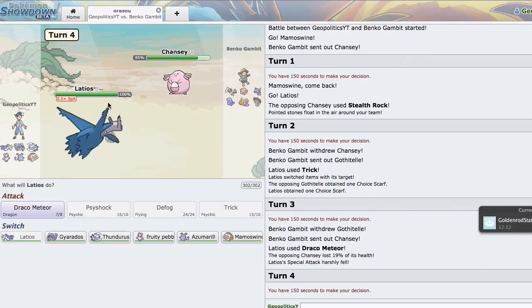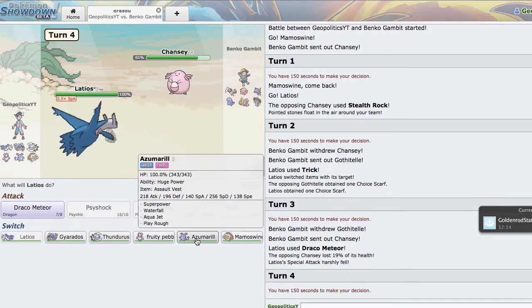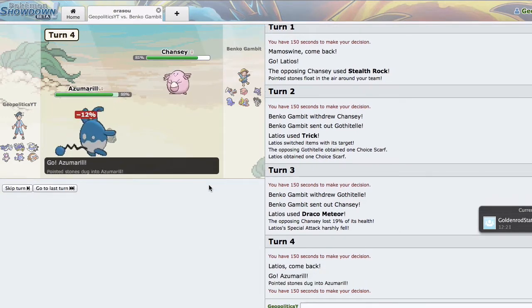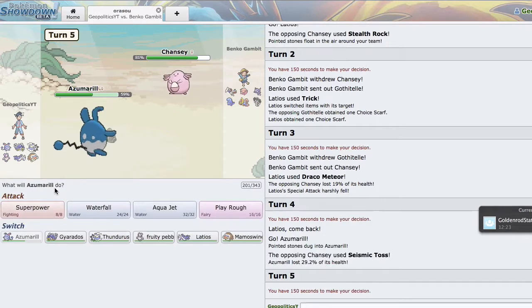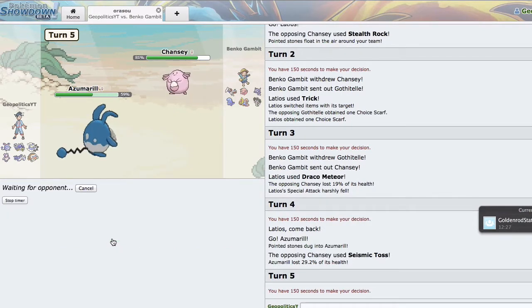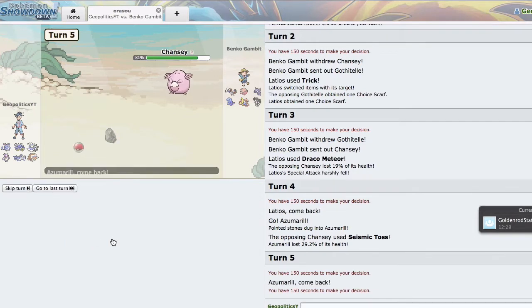So, this team doesn't match up very well against Stall, because I don't actually have Taunt somewhere on the team, which I may have to change, but I'm going to go out into Azumarill right here, because Azumarill actually hits his team pretty hard. And now that Azumarill's out here, I'm going to go ahead and double into Thundurus, because I know he's going to want to go out into Skarmory, and I actually need to get my hazards up,